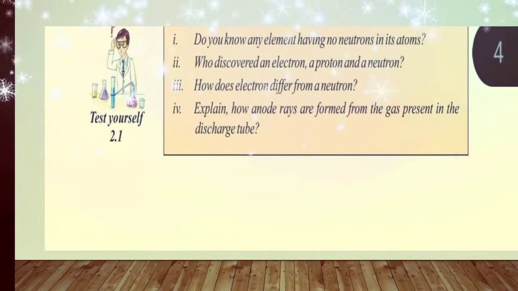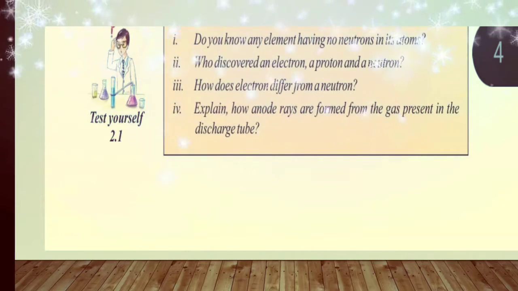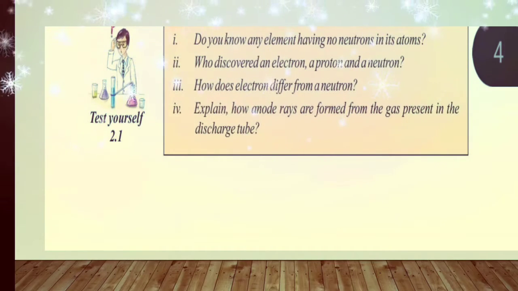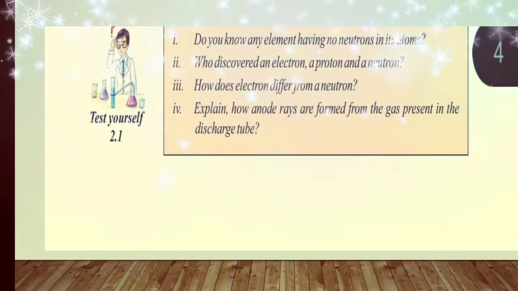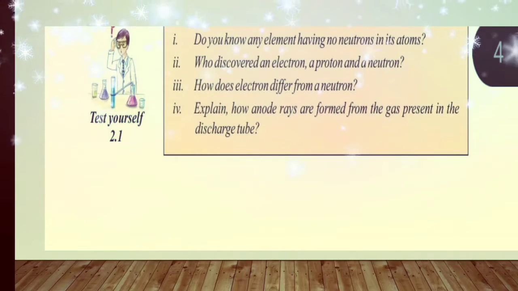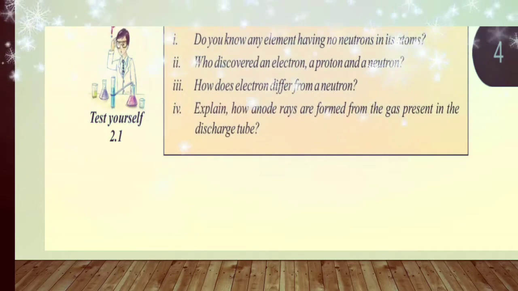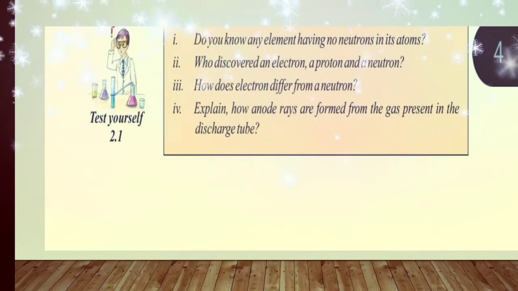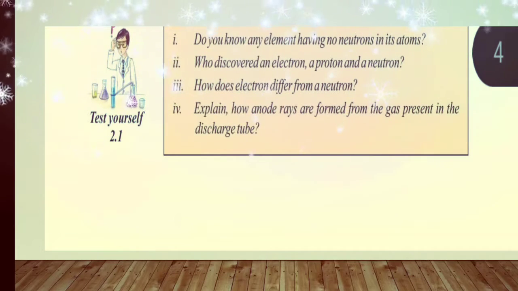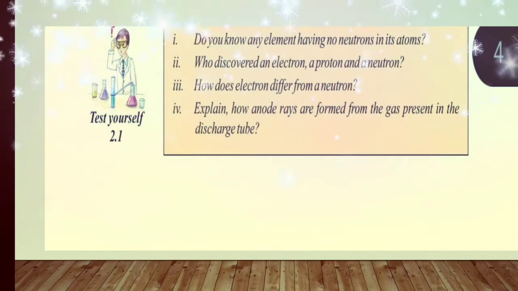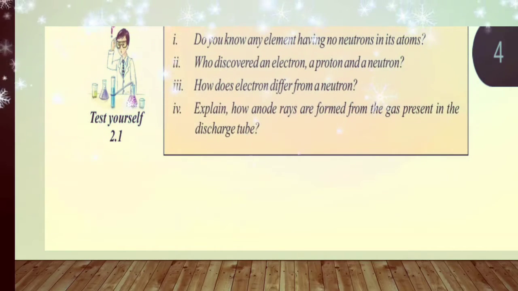We know that J.J. Thomson discovered the electron, the proton was discovered by Goldstein, and the neutron was discovered by Chadwick in 1932. How does an electron differ from a neutron? An electron carries negative charge, a neutron carries no charge. A neutron has mass equal to a proton, but an electron has 1840 times less mass than a proton or neutron, and they also